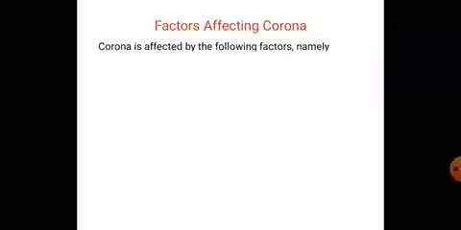What are the factors affecting the corona? The main factors are line voltage, surface smoothness, and number of joints on the conductor. These are all physical conditions. Then the ratio of D by R and weather conditions. These are the atmospheric conditions, weather conditions, size and charge per ion, moisture content in the weather, number of ions, and mean free path. These are the factors affecting the corona.